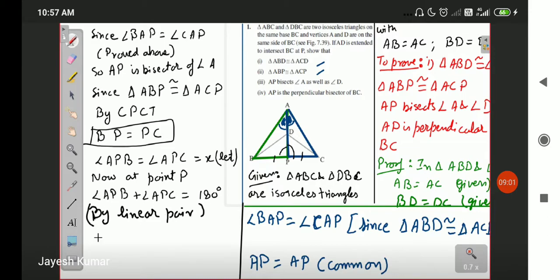Okay, so that means X plus X is equal to 180 degrees. That means the value of X is equal to 90 degrees. Hence,